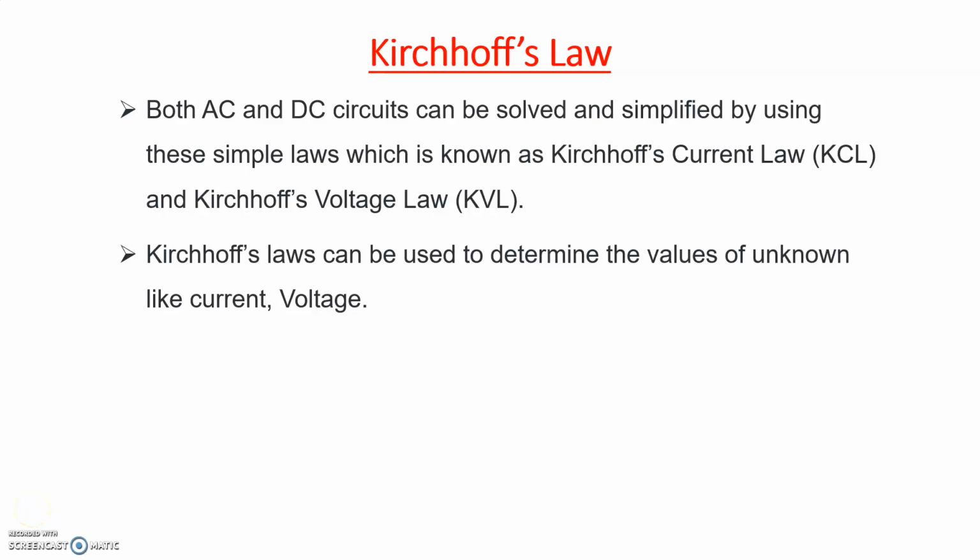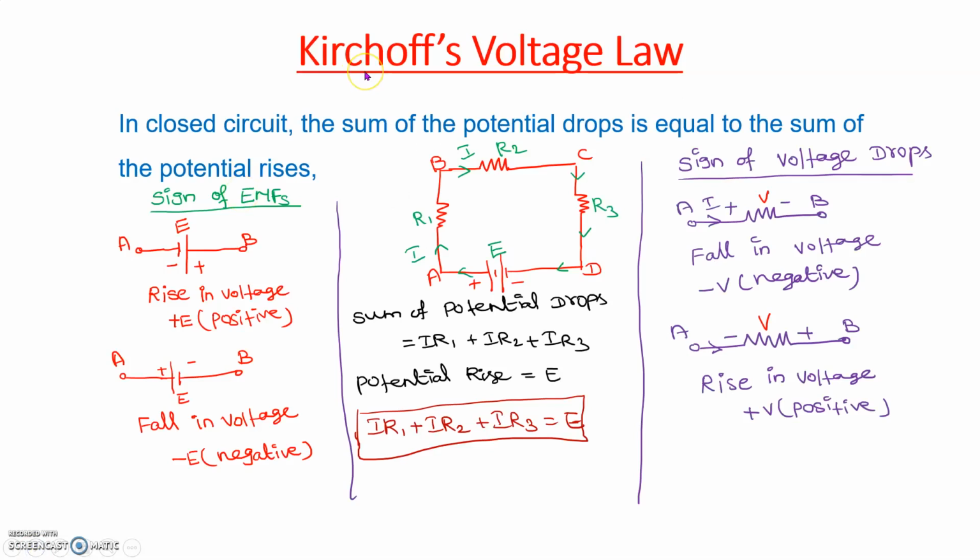Next is Kirchhoff's law. Both AC and DC circuits can be solved and simplified by using these simple laws, which are known as Kirchhoff's current law and Kirchhoff's voltage law. Generally, Kirchhoff's laws can be used to determine the values of unknowns like voltage and current. Kirchhoff's voltage law states that in any closed circuit, the sum of potential drop is equal to sum of